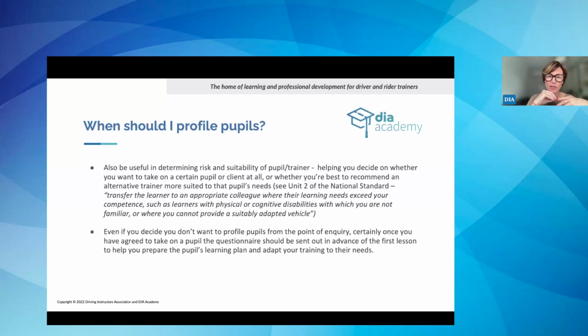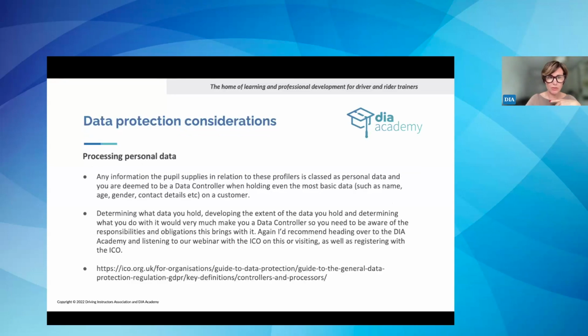And certainly once you've agreed to take on a pupil, as I said, reiterating that point, that's the point at which you should send out that questionnaire and start gathering this information. Data protection considerations, as I said earlier, although this is designed to some degree to mitigate risk, or at least understand risk more of that individual so you can mitigate their risks, there is risk implicit in doing it, as in you're gathering much more personal information on that pupil, so you have to know how to store it and manage it properly and safeguard it.